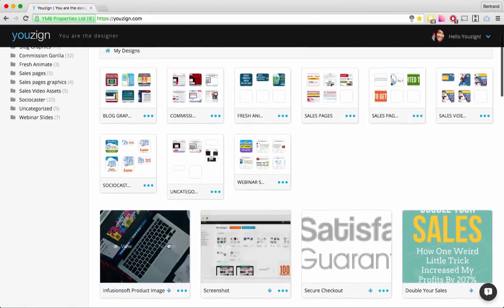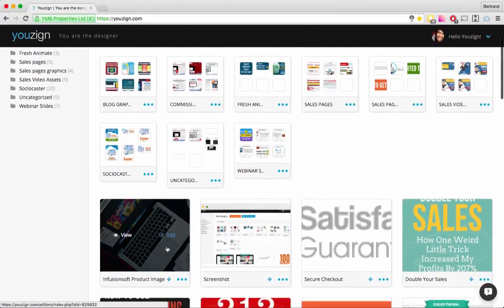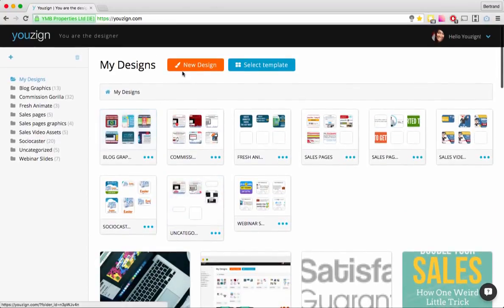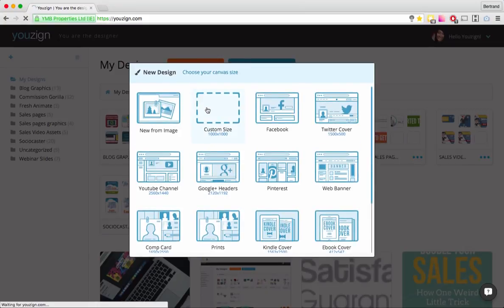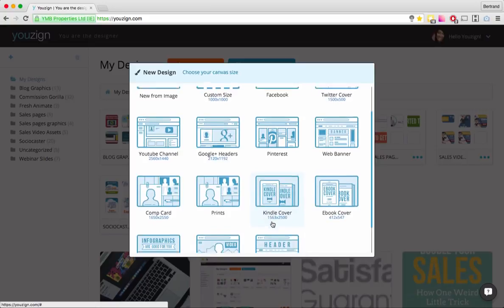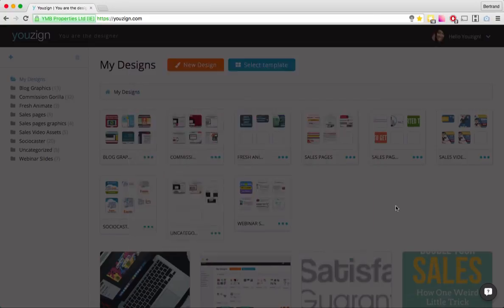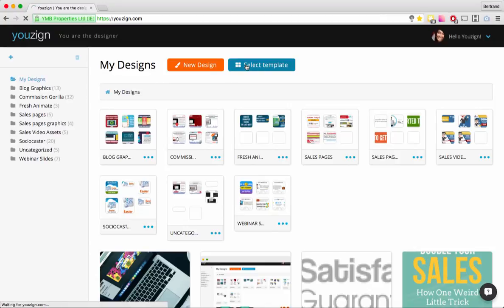You can either launch it from your existing designs here. So you just click on edit any of the designs you have created. You can also launch a new one, so that will pretty much create a new template, a new design from scratch, so that will be like a blank canvas. Or you can go to the select templates page